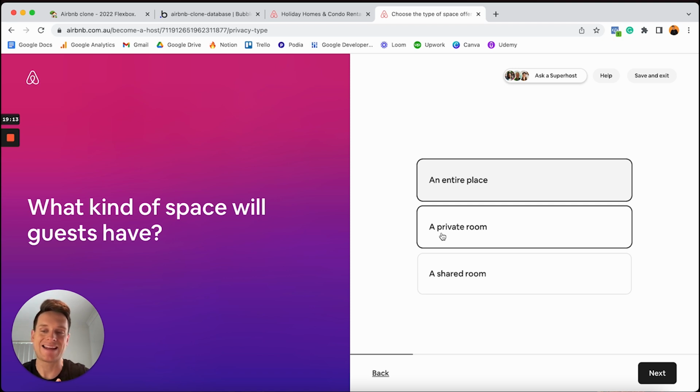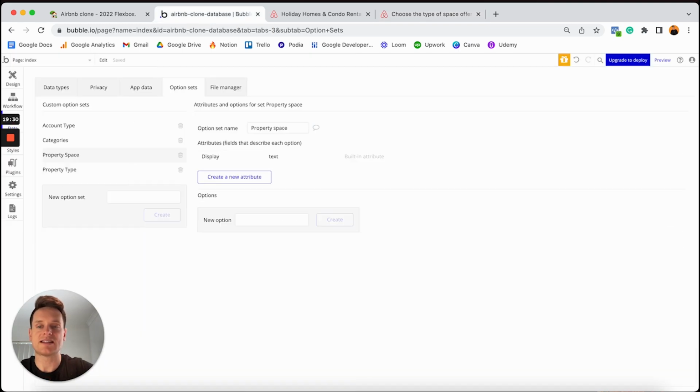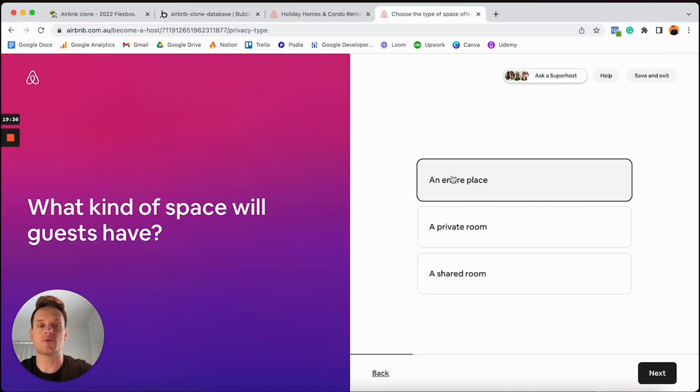So that's why I'm adding these as a list of option sets. And I can see here that we only need to add in a text attribute. We don't have an image here. So I'm going to jump into my Bubble editor and I'm going to create one last option set list called property space. And then for the options, I'm just going to add in all of the options from this list